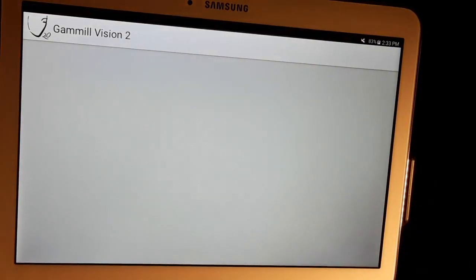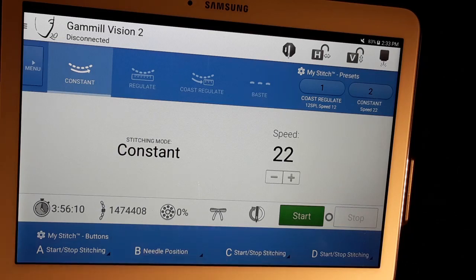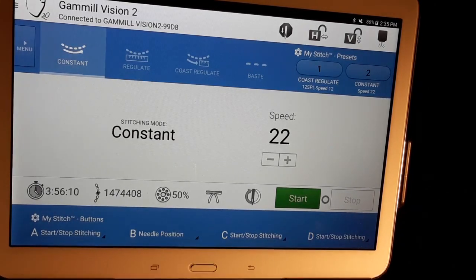So I'll hit Gammill Vision, and you could see it went back to start stop stitching. A lot of times I forget, and I'll hit C and it'll start stitching. So it says disconnected. Give it a moment, now it says connected. But still, I'd have to reset everything. So if somebody can test their Vision 2 and see if their H and V are holding, that would be great. At least I know then something's wrong with my